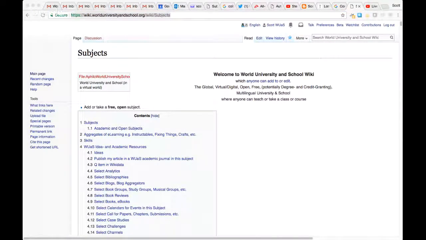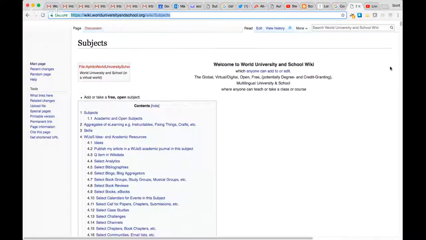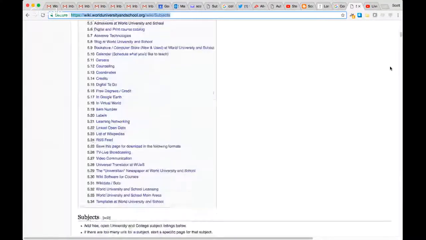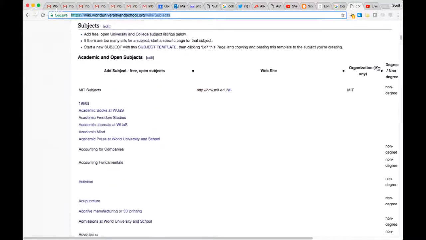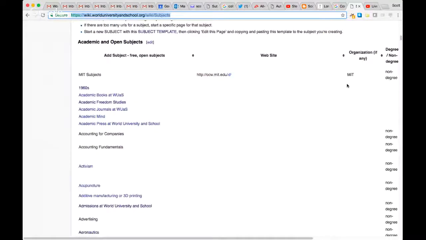So it's very open-ended in its versatility. And what I'd like to show you is some specific examples of wiki pages.